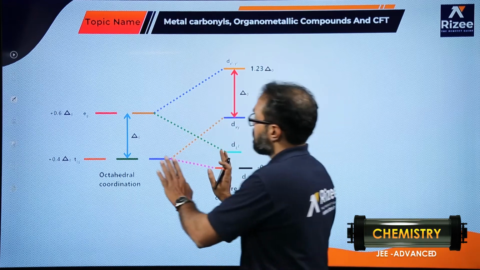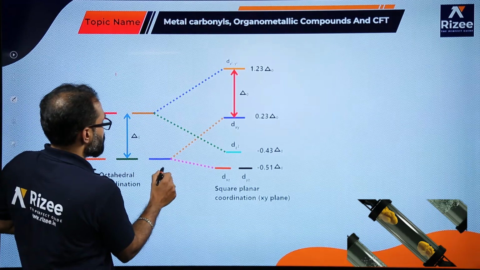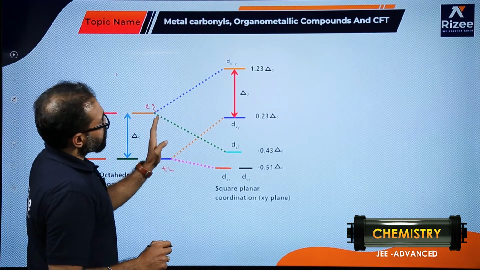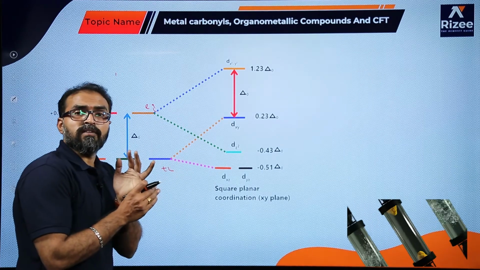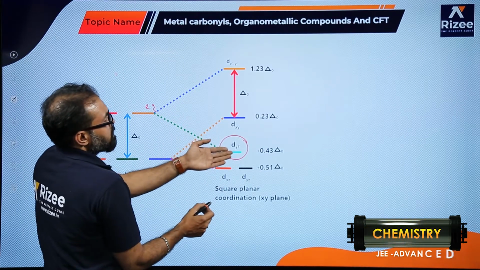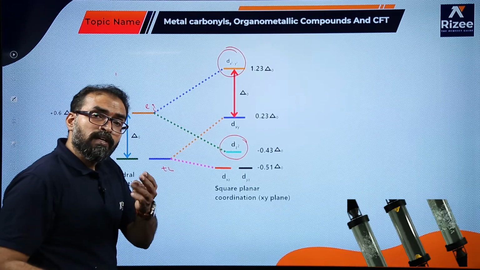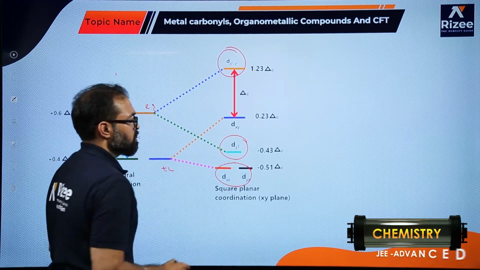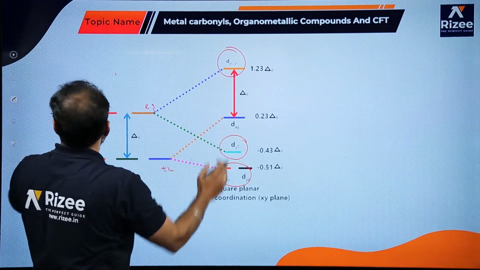See this. If you see here, till here we get the splitting for octahedral complexes. This is t2g and this is eg. Now, we are removing the z components, meaning dx square minus y square, so it will have less energy. Now, what will happen? See this. It has very little energy compared to dx square minus y square. In the t2g also we have z components, dxz, dyz. See this. They are also reducing in energy. Up to here it is octahedral and this is square planar.